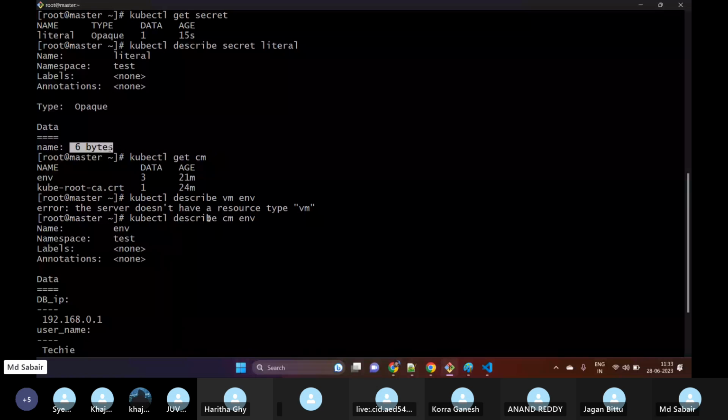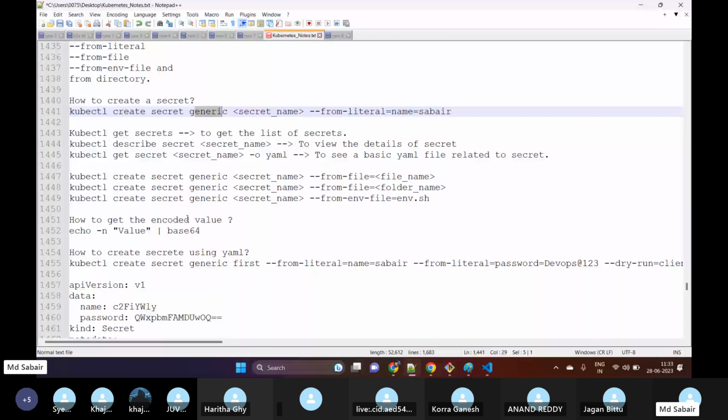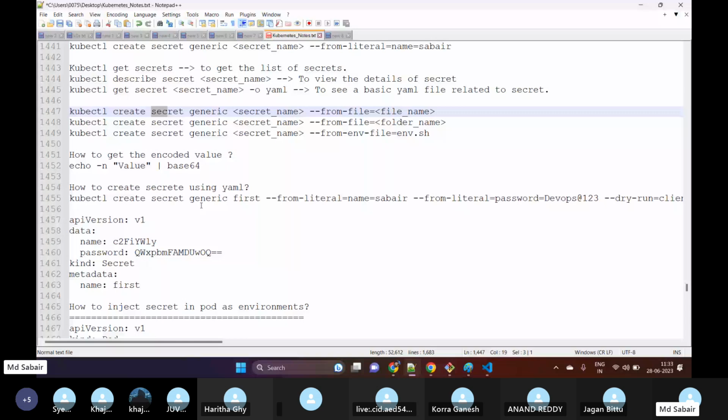Now if you want to create more secrets from a file, we can use the same command and the same concept. There is no change. Instead of configmap, we will be passing secret. So this is how we can create. Now if you want to create any YAML file, or if you want to know the name of my value, what I have saved, for example,